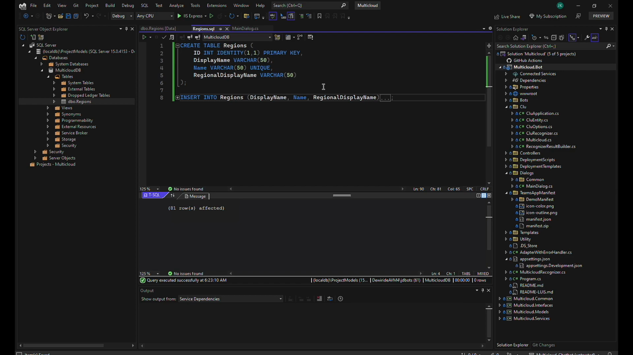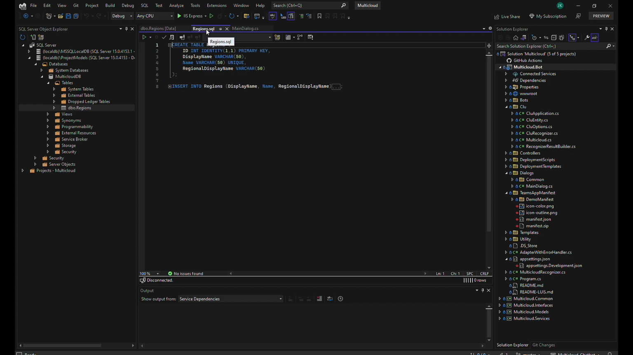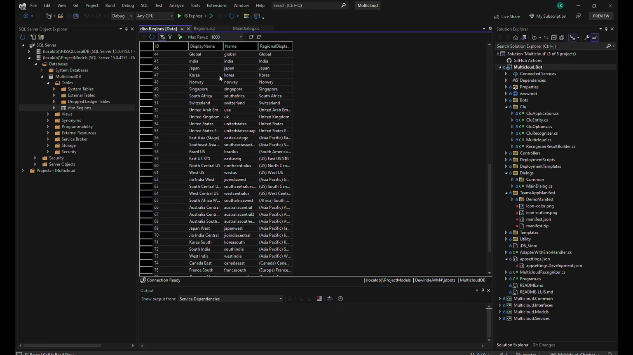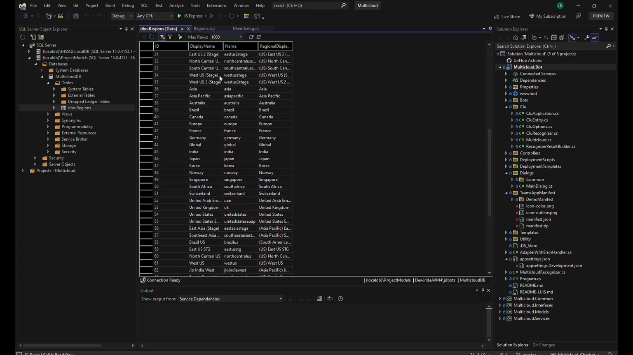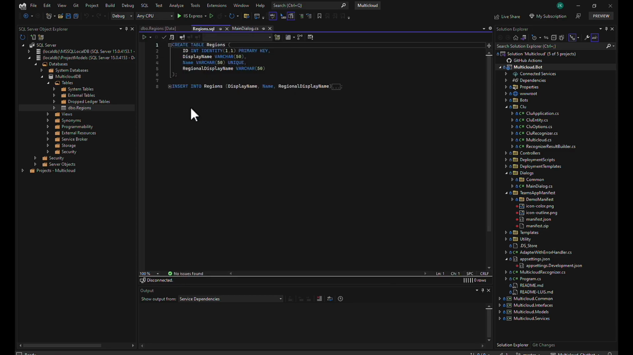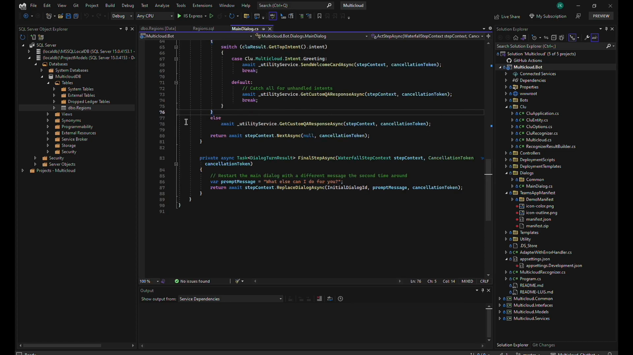Now we'll be connecting our bot with this database. Okay, we have run these queries in our local SQL DB and inserted all the region entries. There are 81 records. Now what we will do is connect our bot application with the local SQL DB. To start with,